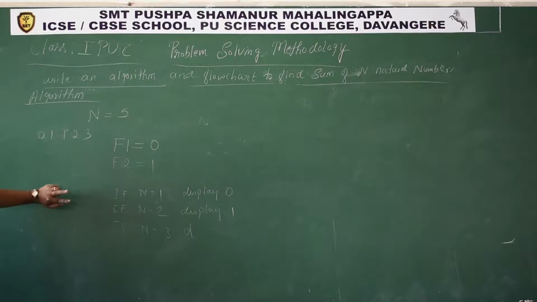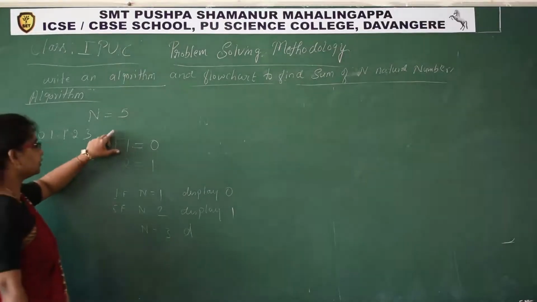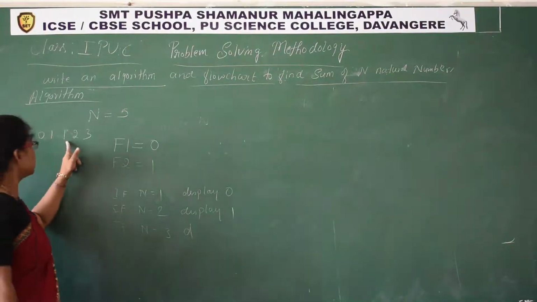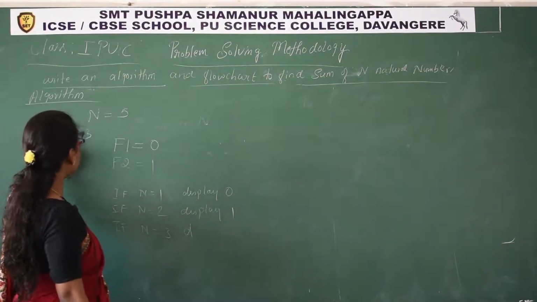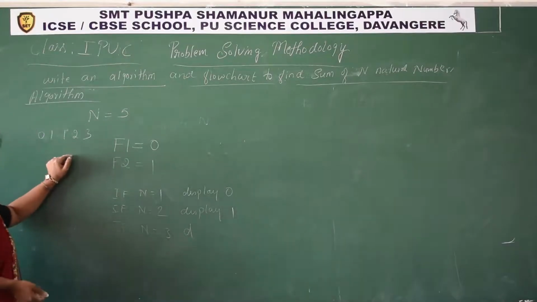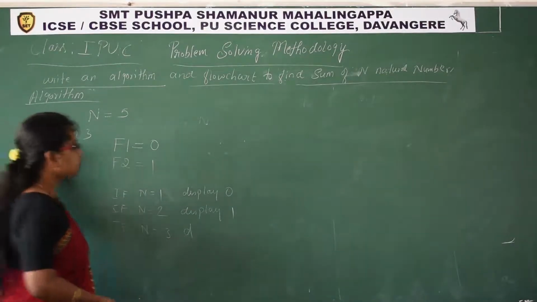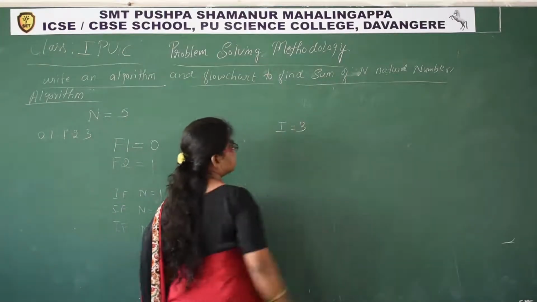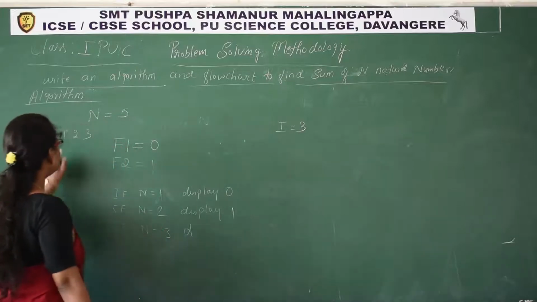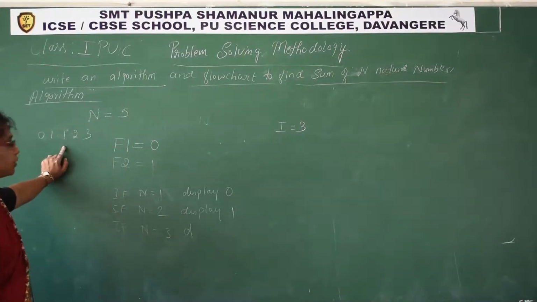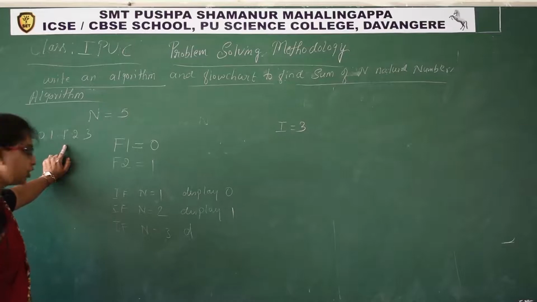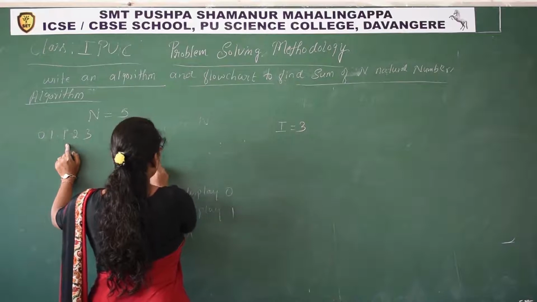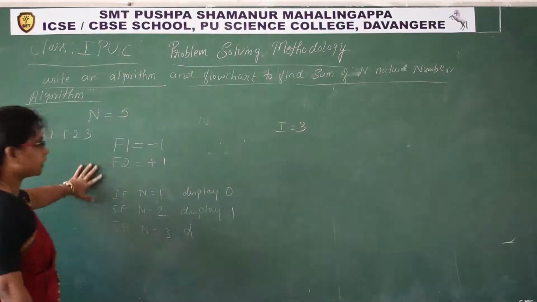This can be done in two ways. Right now I have taken this method. 0 plus 1, result is 1. So the next time, from which number does the program have to generate the series? From the third number. So I'll take I value, I have to initialize 3. I is equal to 3. From where should the series generation start? It should start from the third number. Or you can take -1 and +1 also. -1 and +1, if these are the initial values.